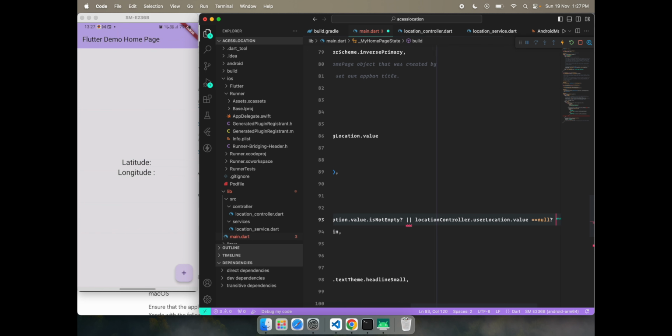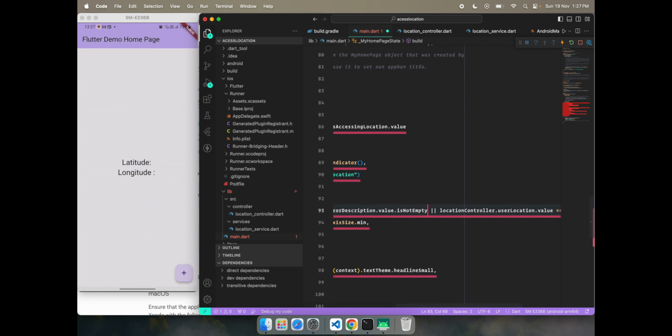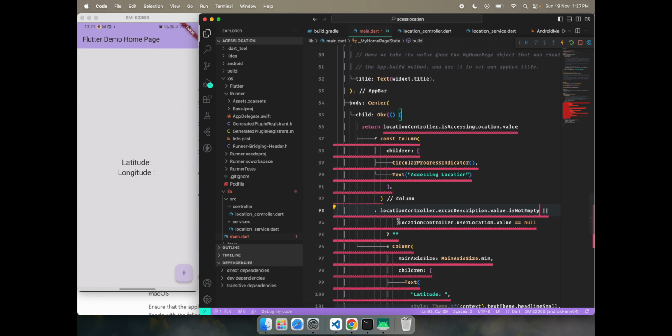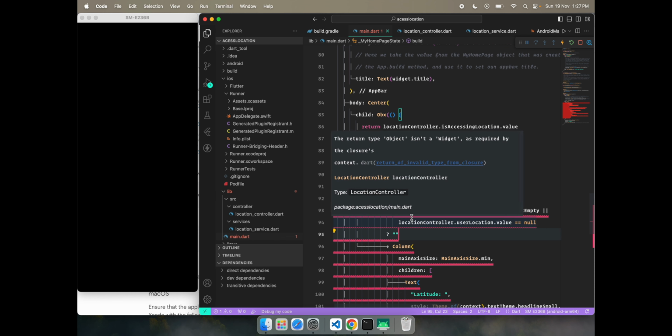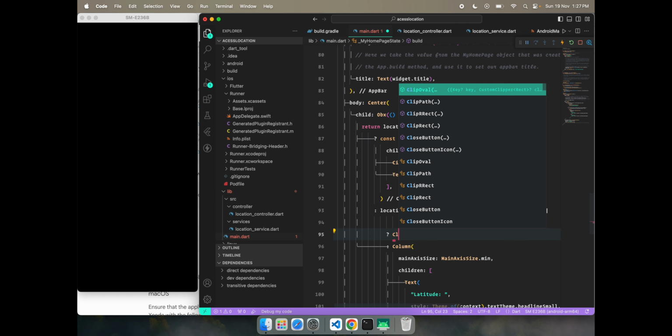Okay, if these two conditions are false, what is not empty, is not empty, yeah, correct. Then we will simply return Column